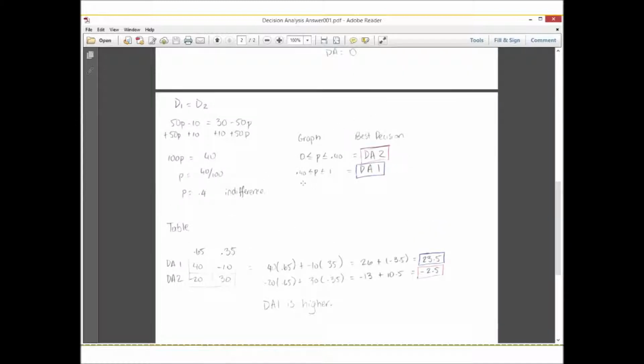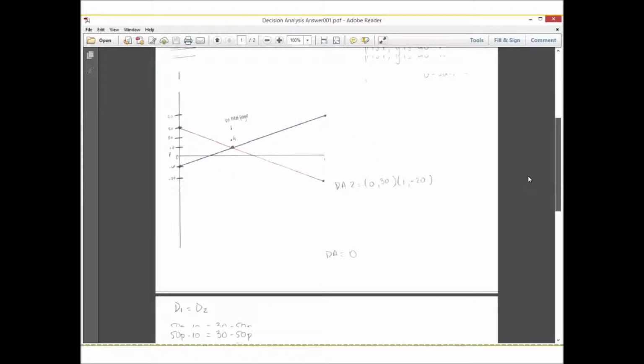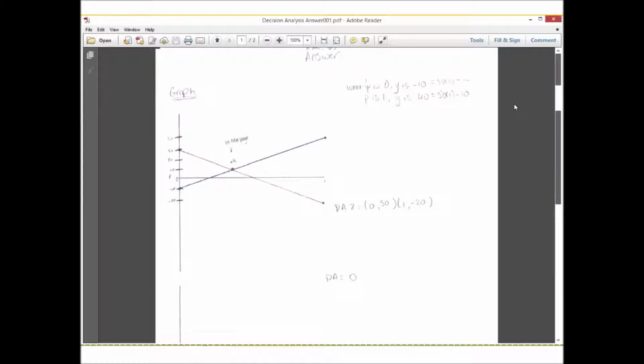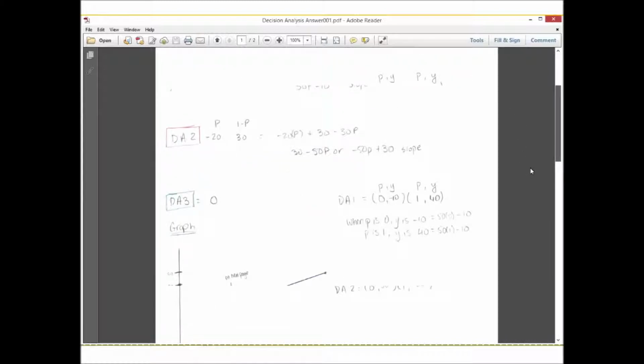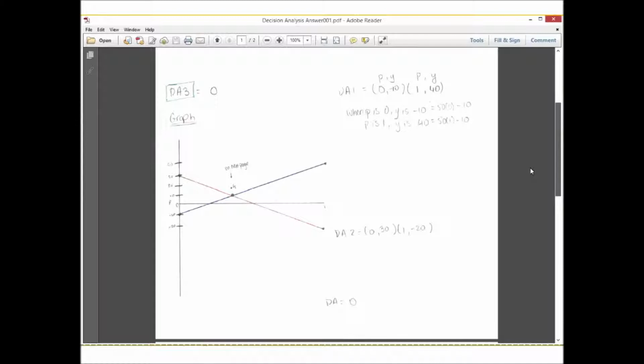And how do you explain? Well, you use the graph as your supporting information, saying, okay, since it's 0.65, it should be decision alternative 1. Let's double check by finding the actual values. When we find the actual values of 23.5, we get to see that it is indeed correct because decision alternative 1 is the better of the two choices. We just answered